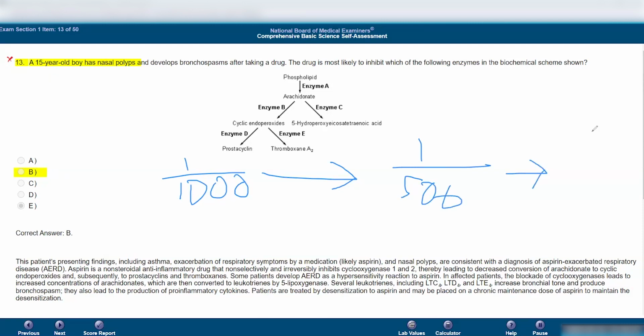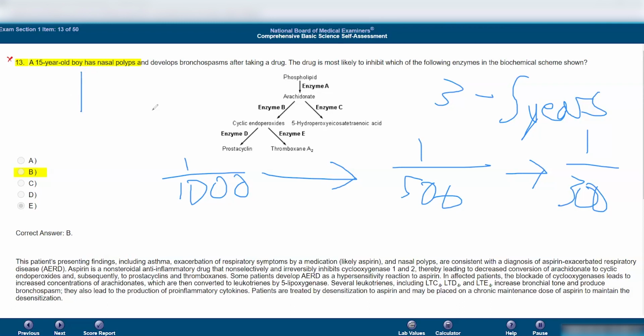And then you get them to 1 to 300, because you can't bump it up too fast, because then they're going to get an anaphylactic shock if they're super allergic to it. So you go slowly up, and this takes 3 to 5 years. I was about to say it's going to take a long time, I'd assume. Long time. But after you're done with these allergy shots, if your body is, I'm just throwing a random number, used to something like a 1 to 25 dilution of a certain allergen,